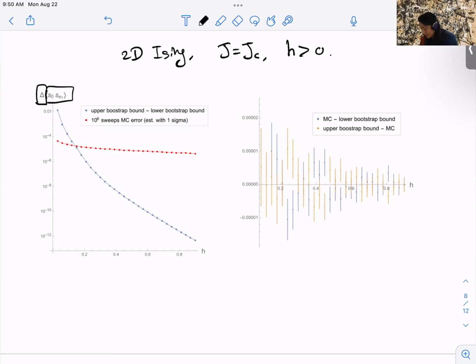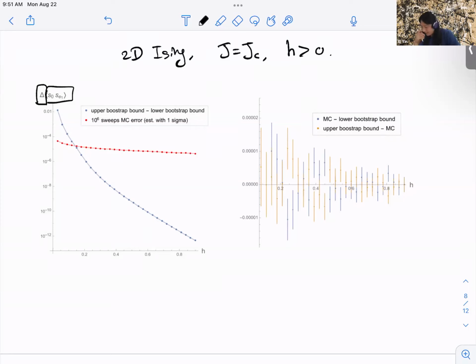And on the right-hand side, this is a plot comparing the Monte Carlo result, together with the error bar, to the upper and lower bounds, just to see whether the upper and lower bounds can actually rule out Monte Carlo results. That is not supposed to happen, because the Monte Carlo result is supposed to be statistically correct, at least, but it's only 1 sigma. And you can see, in the right-hand side plot, if these error bars are below the horizontal axis, that means Monte Carlo results actually are ruled out. And you can see in some cases they are ruled out, but only by 1 sigma. So it's completely compatible with the expected statistics. And actually, it turns out that if you look at the 2 sigma error bar, I think all these points are going to be consistent.